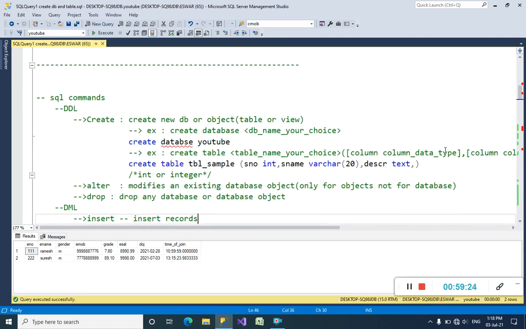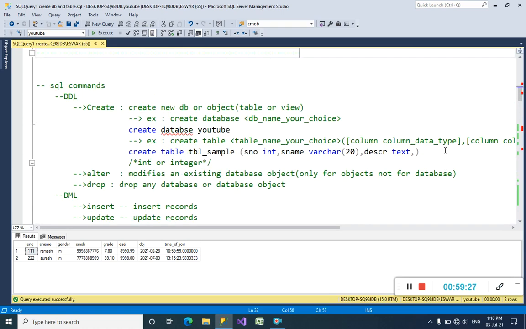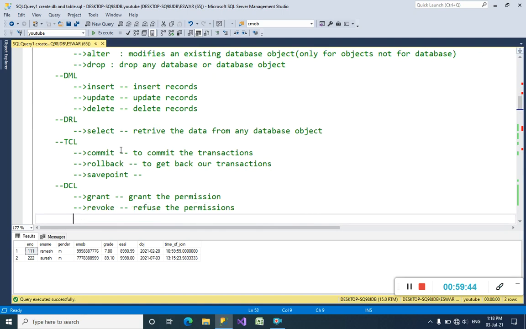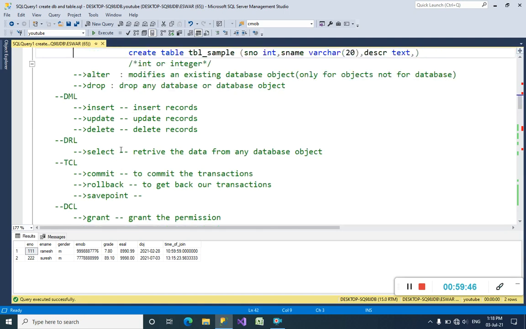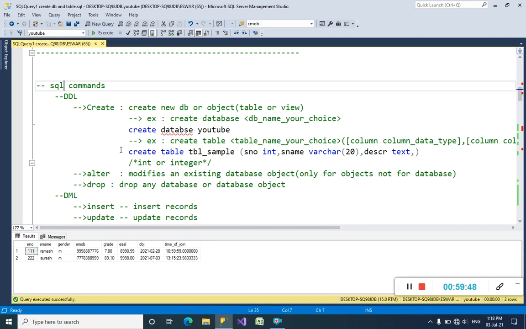See, guys, actually about the SQL commands in SQL Server: which commands are called which type of commands. Here we have DDL, DML, DRL, TCL, DCL, what they mean, and how many and which commands exist in DDL or DML.